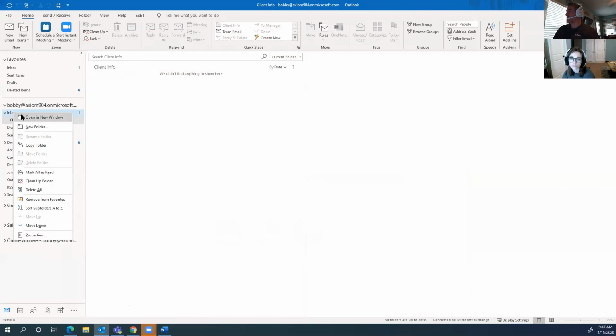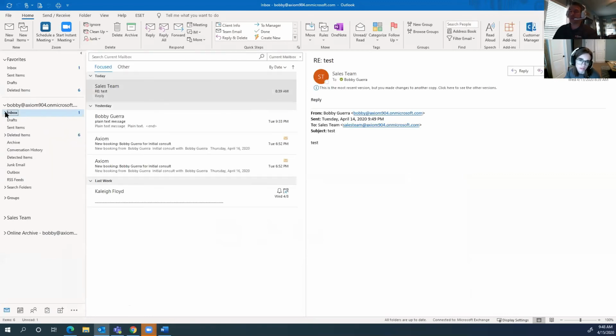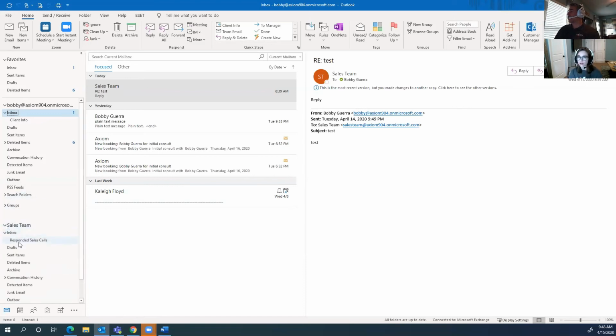Now you can share your inbox here. You do have the capability of sharing the mailbox from here, but not a specific folder. Right. Yeah. But you can move, if I'm correct, like you can create a shared folder, like where you would do the sales teams and stuff under that inbox, and move stuff to that folder. You could take anything that you have in your inbox and put it in that sales team folder, and then anybody would see that.